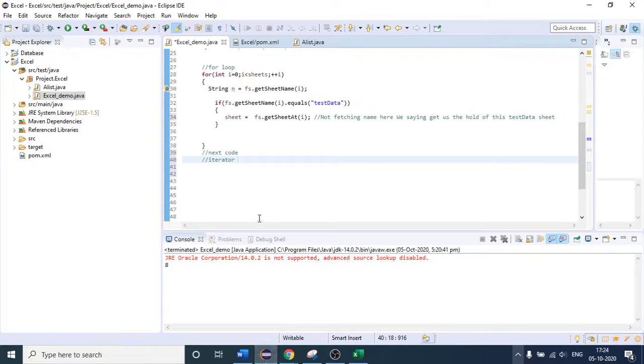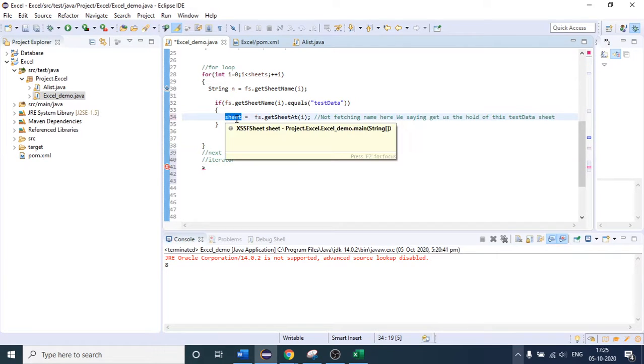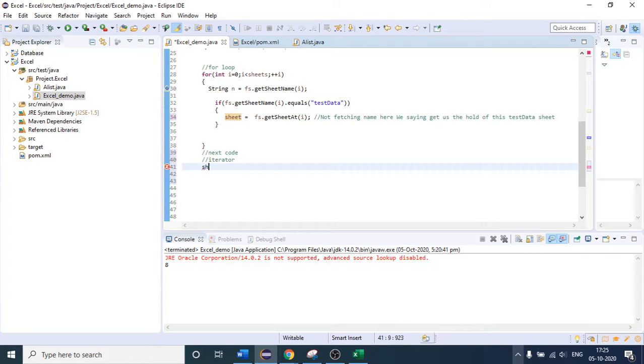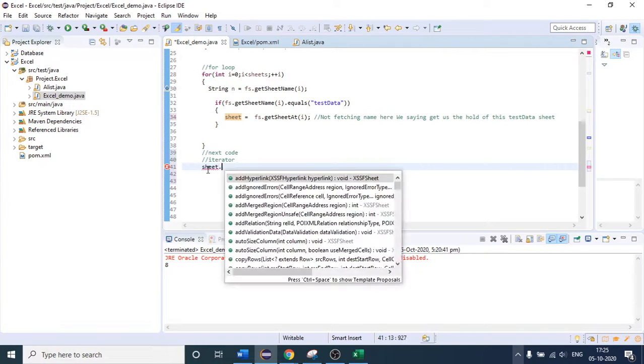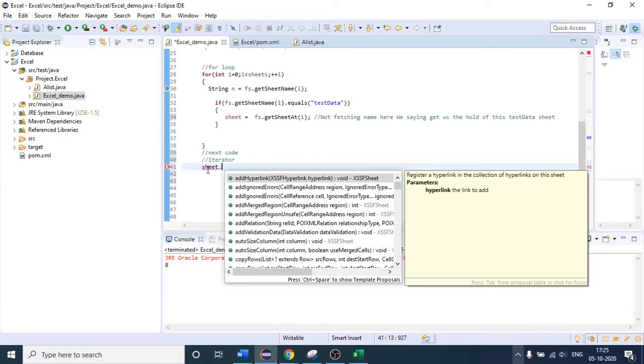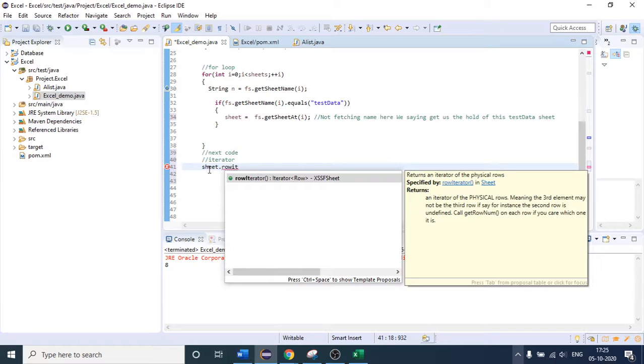If I come to this sheet, we got the sheet here, which is test data. After that, if I write this object dot rowIterator, this is the iterator.